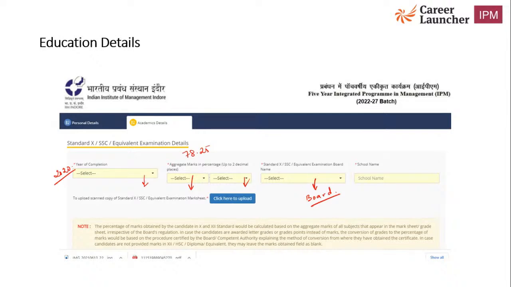So whichever board you were enrolled in and appeared for your class 10th examination in 2020 or at any point of time, आपको वो board यहाँ drop down से select करना है. The school name is to be filled in. वो drop down में नहीं आएगा obviously. So you have to type your school name over here, and then you are required to submit the mark sheet